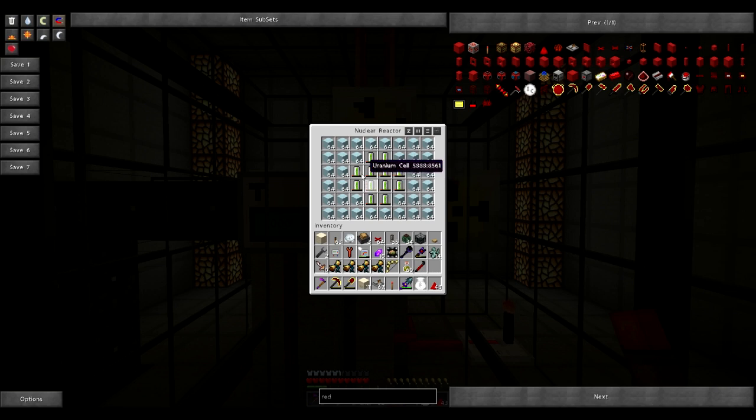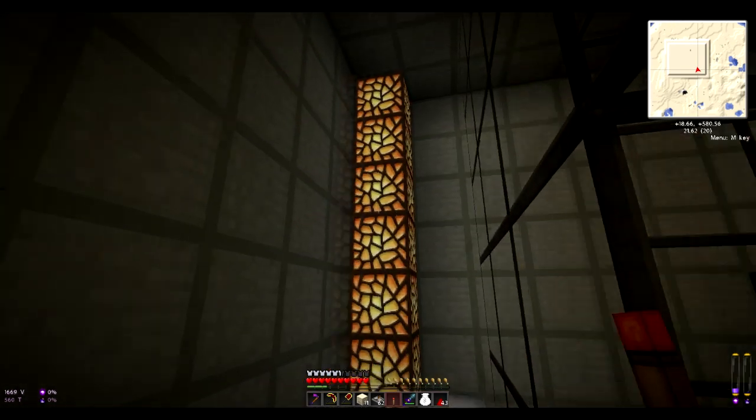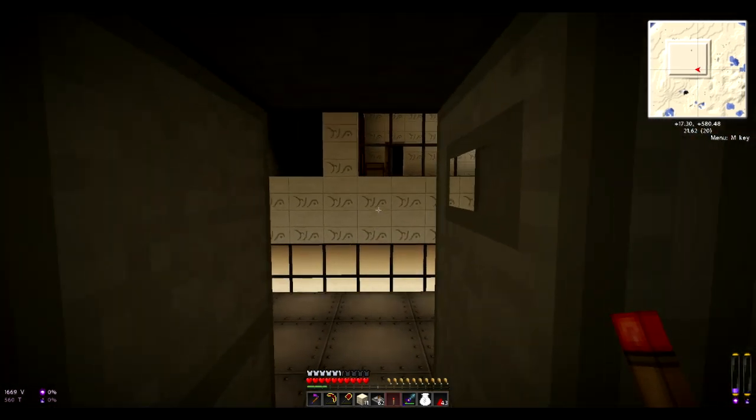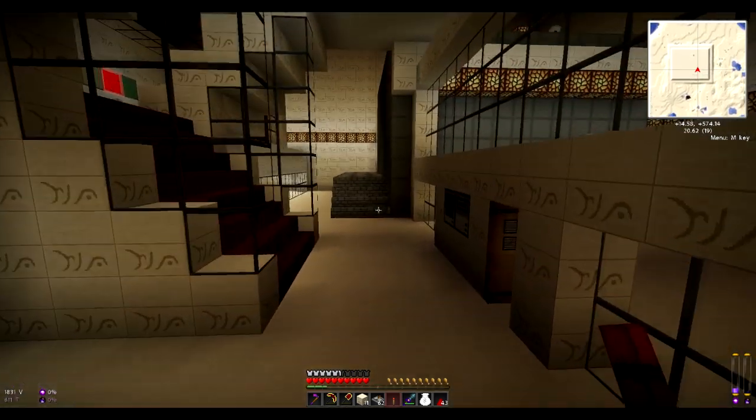But I could replace these rows here with uranium cells, and that would probably double the output to just under 1,000, well, 900 energy units per tick. So that's pretty good. Pretty safe setup. I don't know what could go wrong to cause it to Fukushima, but anyway,